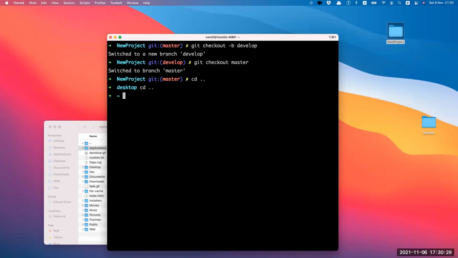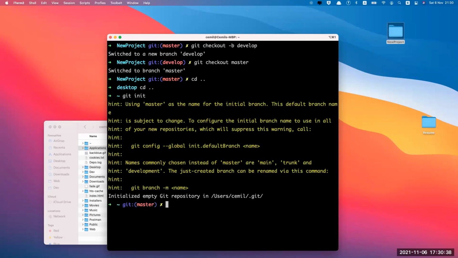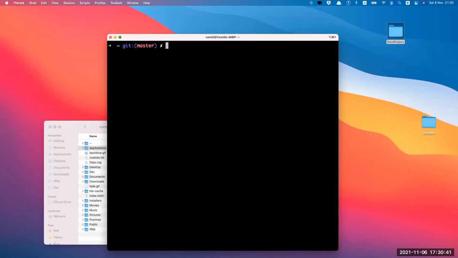So can you please do this with me? Let me do the same thing for you. The mistake you have made is git init in the home folder. That's the mistake. That's why when you open that, you always see this. And it will never work with your new project file because it's the main folder, the top folder. Because you made this a Git repo, now you cannot even work in that new project folder because the home folder is now Git.